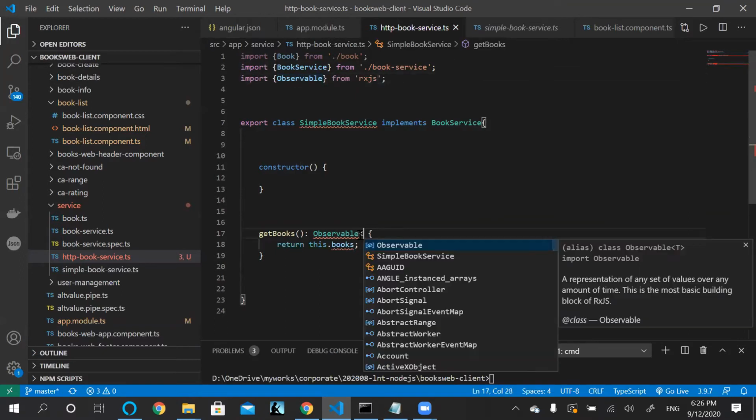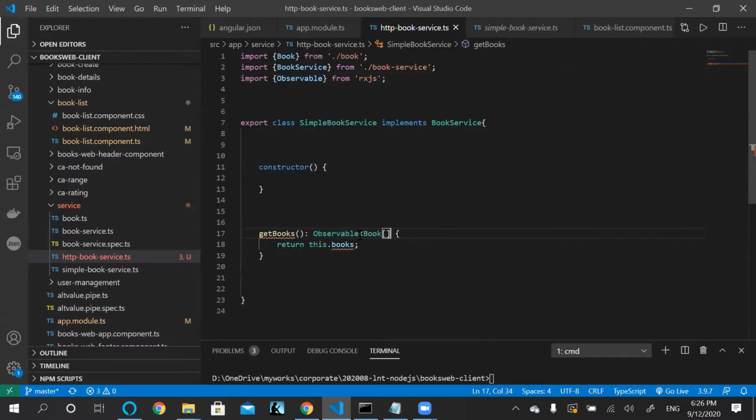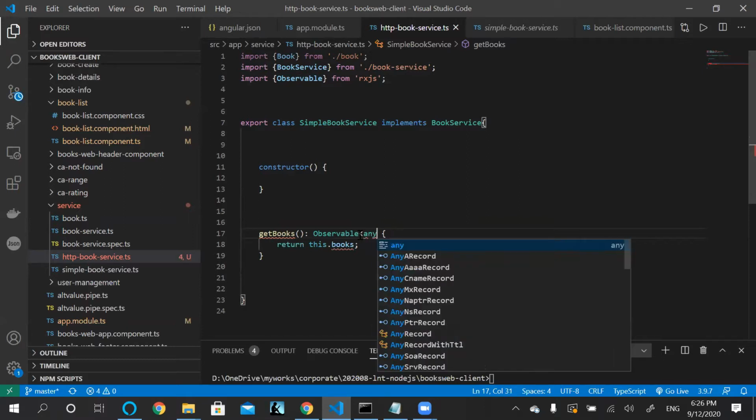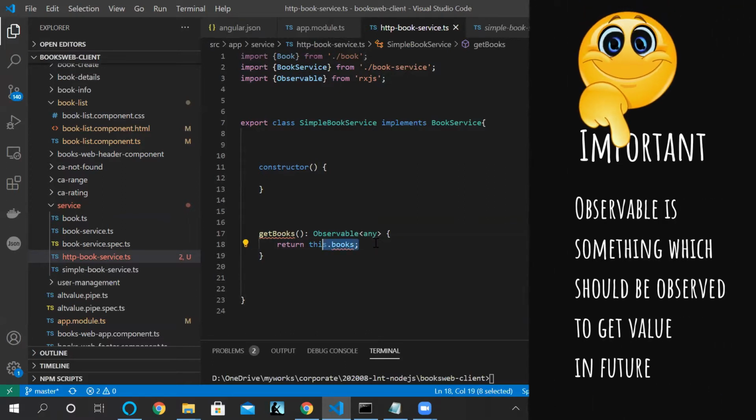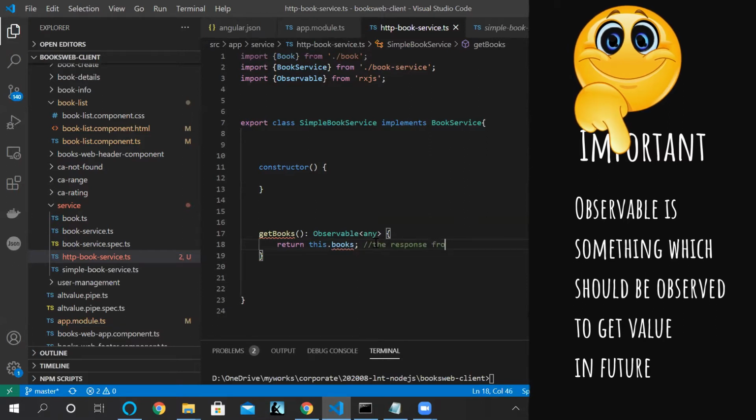I can return a generic observable of book array, or I can return any observable to say I am returning something, but I'm not going to return a book. Rather, I am going to return the response from the HTTP server as an observable.